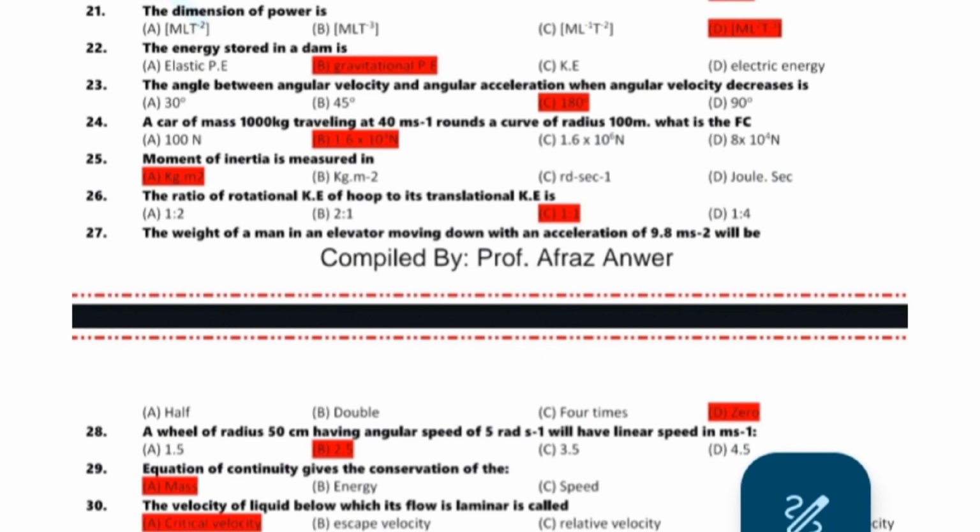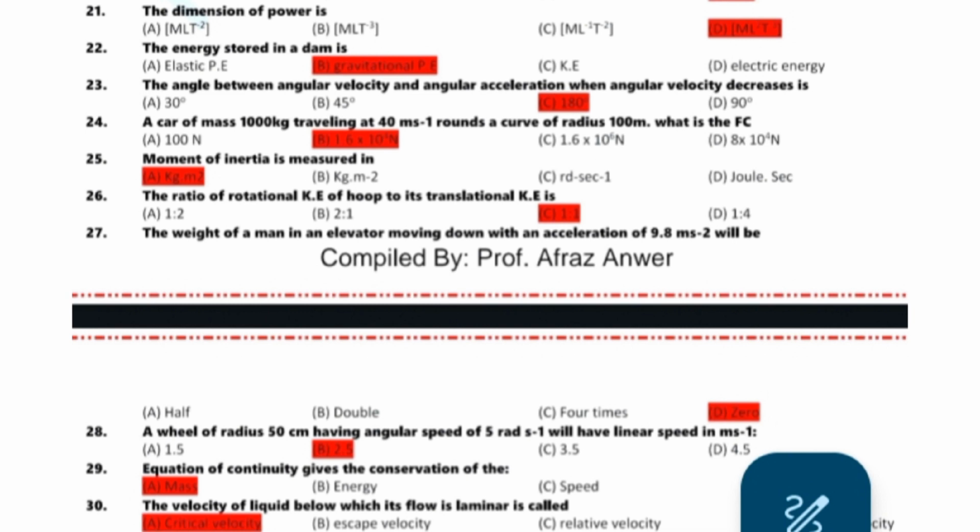The dimensions of power is ML^2T^-3. The energy stored in a dam is gravitational potential energy. The angle between angular velocity and angular acceleration when angular velocity decreases is 180. A car of mass